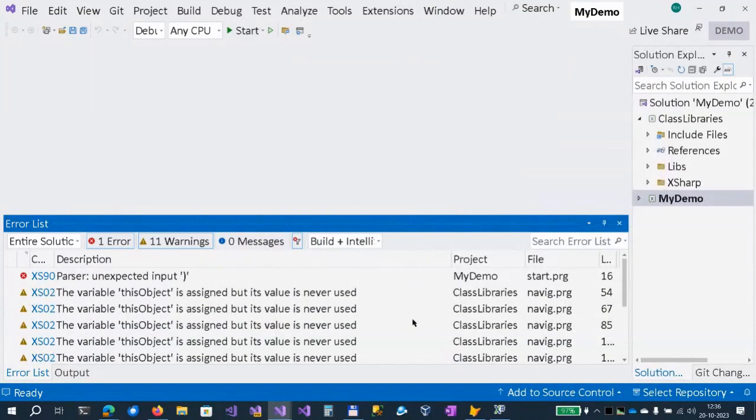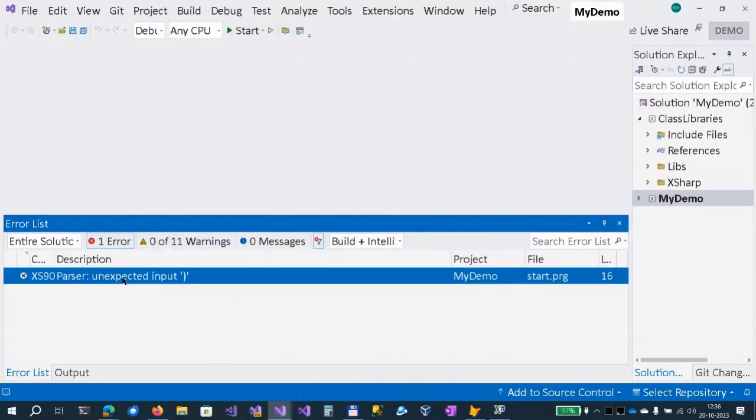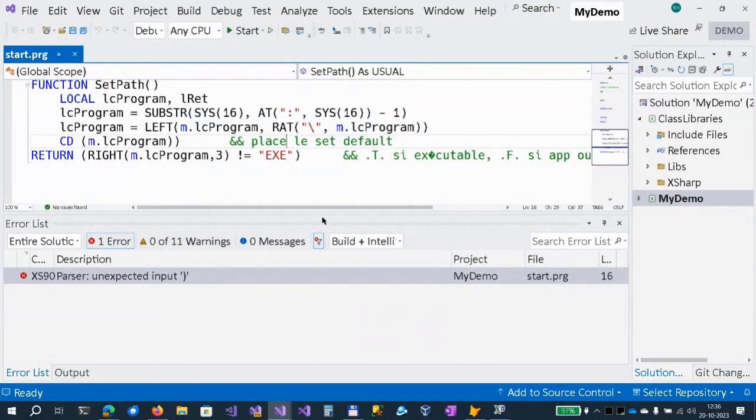Okay, now we see some things and we see some warnings. Let's start with the error first. The compiler tells me that there's a problem in this line. I'm not sure if you guys see it. This problem was also in the Foxpro code, but Fox will happily run this code. There's a change command here with an extra closing parenthesis. It shouldn't be there.